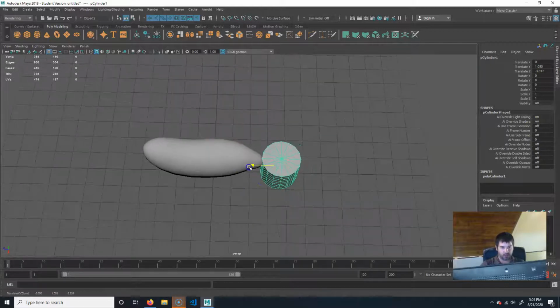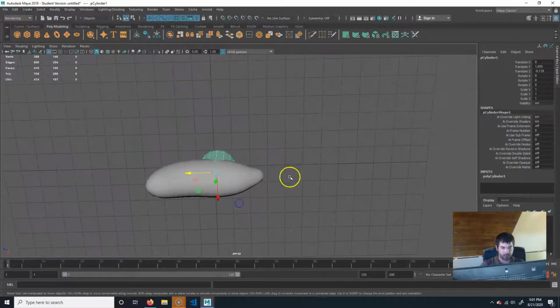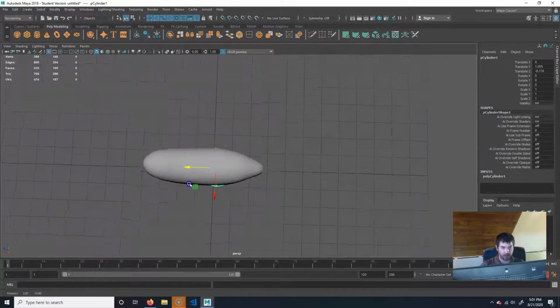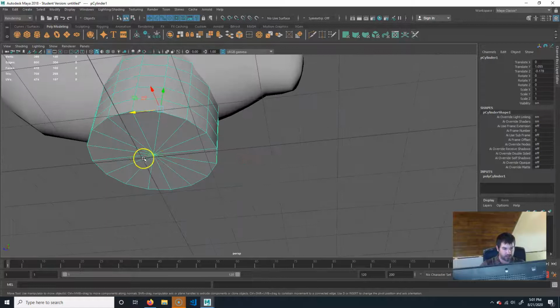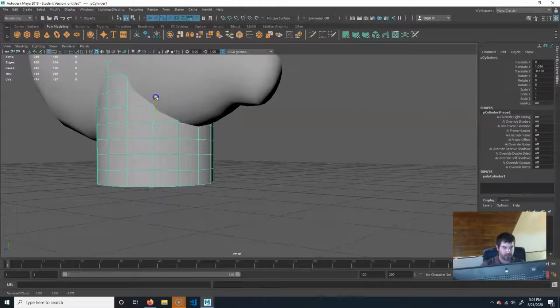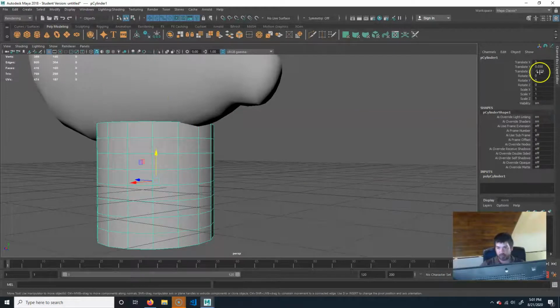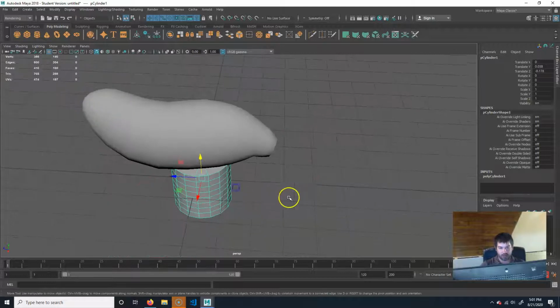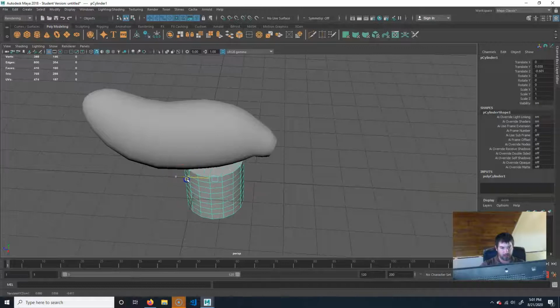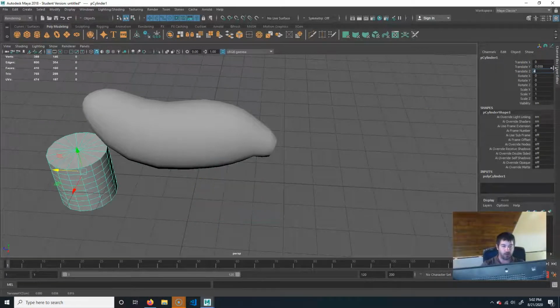So watch, if I move it to origin, origin again is this line here. So in world space, this right here is 0, 0, 0. It's 0 on Y, 0 on X, and 0 on that. So if I take this and I move it down here, if you look at my transforms, you can see I'm very close to 0. But watch, each one of these is 1 unit. See how there's this grid? So if I move over Z back 1, it's going to give me about -1. See how it says minus 0.92 or whatever? That's what it's doing. All right? And if I go forward, it's forward. So if I want to move it exactly forward, let's say 4, I could type 4 up here,